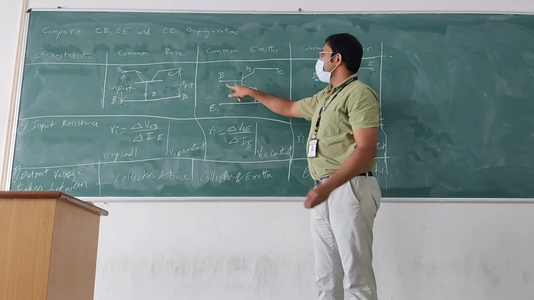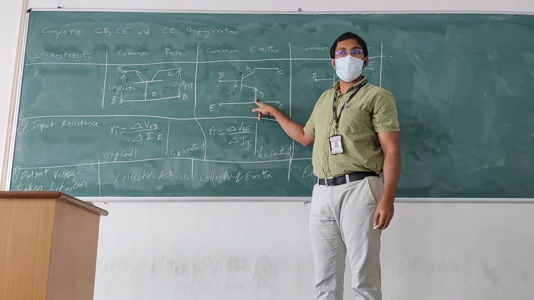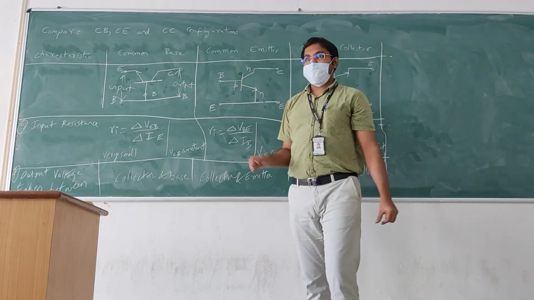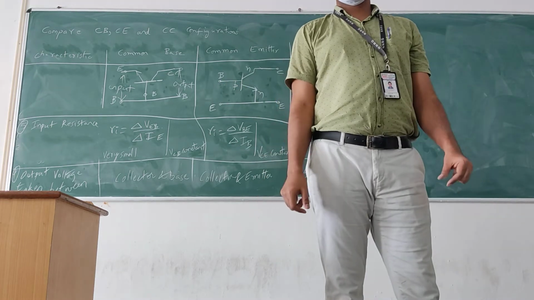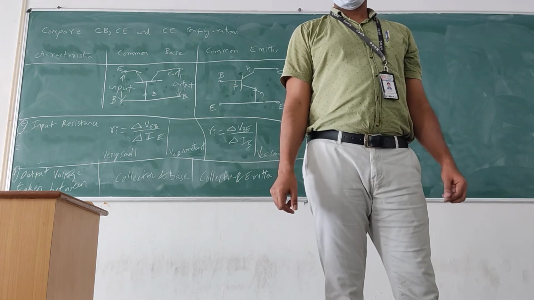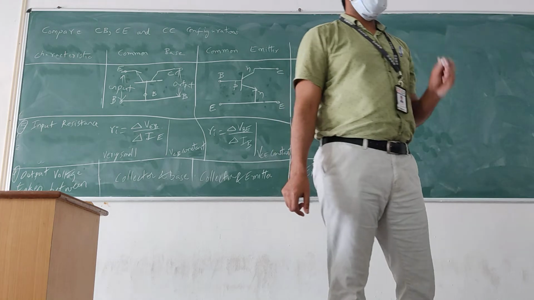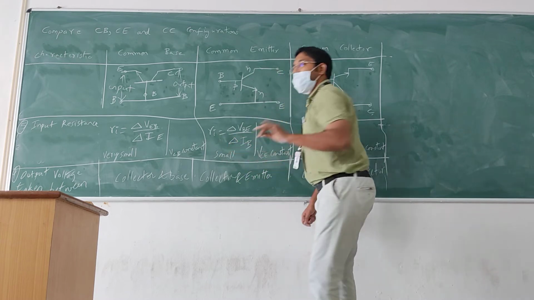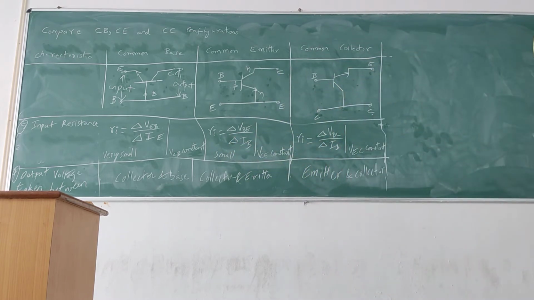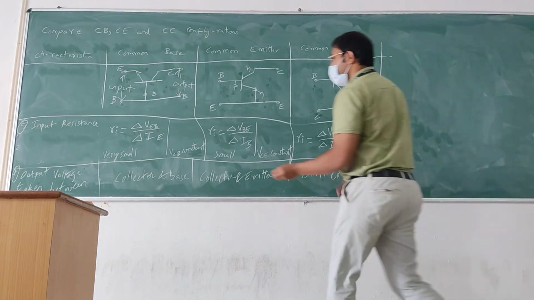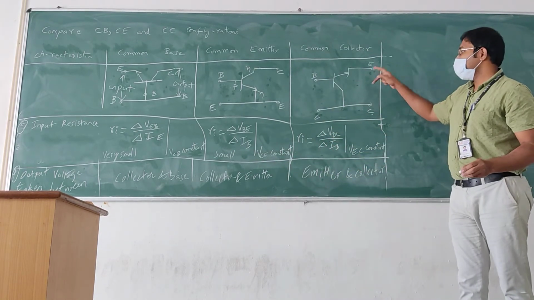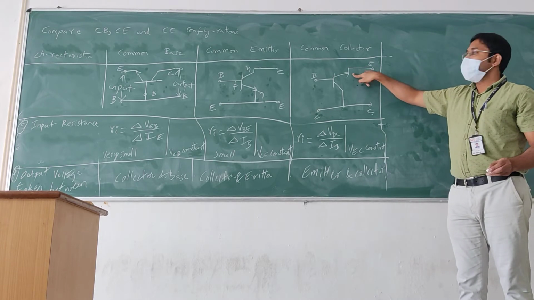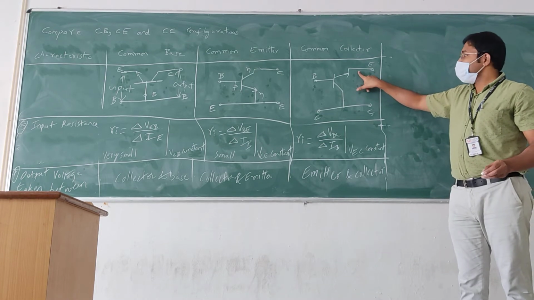Next, here also for the input resistance, the first junction, the emitter base junction, is forward bias. But the base is thin and lightly doped, so usually it cannot take much current. So resistance will be small but not very small, in the order of kilo ohm, say around 1 kilo ohm. Next, what about this case? Here, we are coming across,